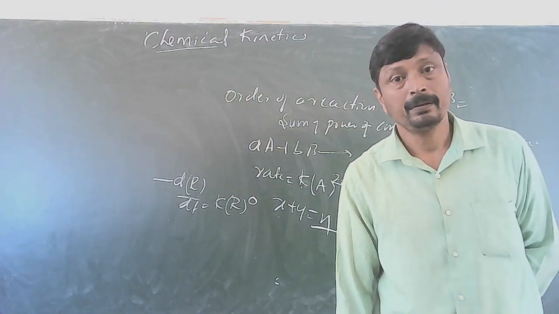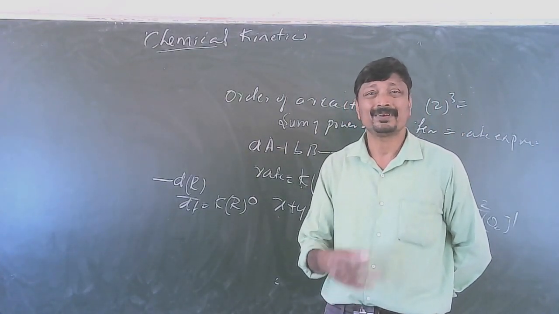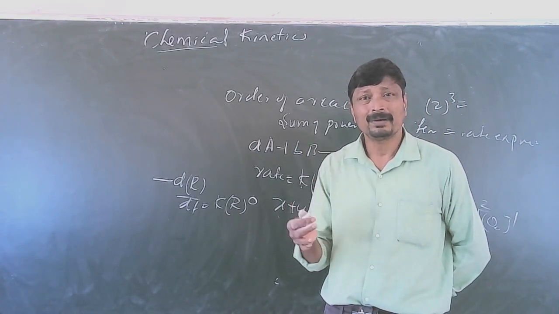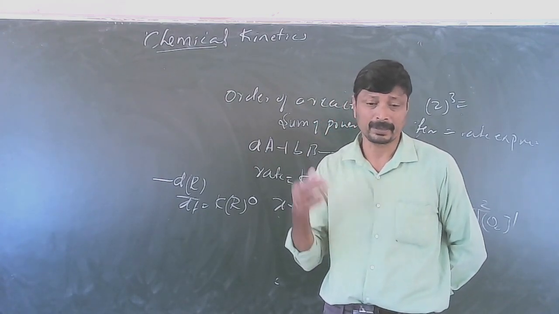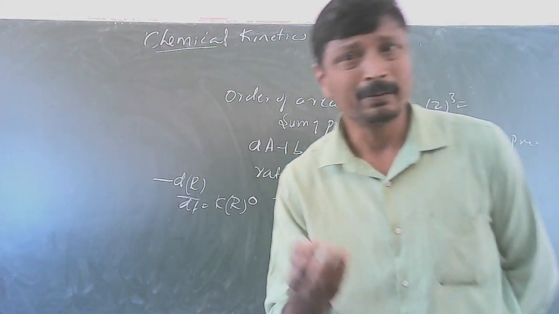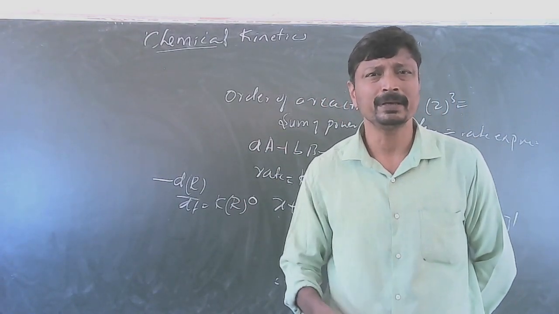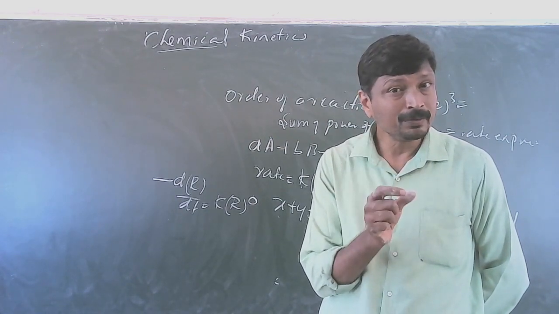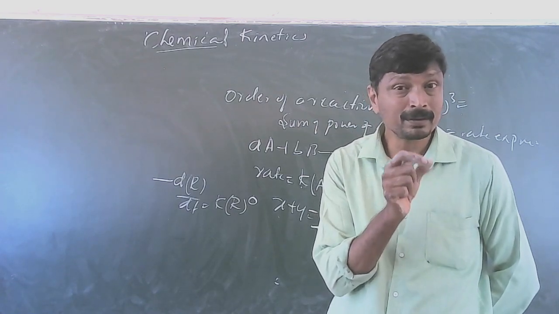Or it may be 1, it may be 2, or it may be 3. More than 3 is not easy, because the third order reaction is very rare. Usually it may be 0, 1 (first order reaction), or second, in some cases 3, or in some cases 0 also. So the order may be 0, it may be a fraction, it may be a whole number, it may be negative.